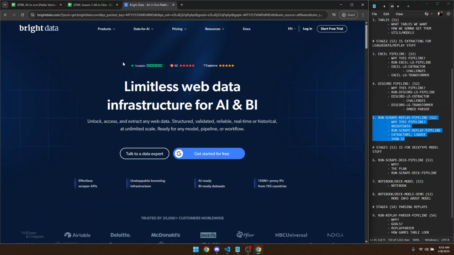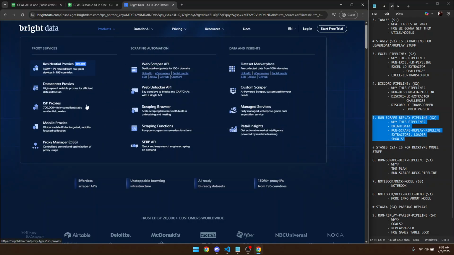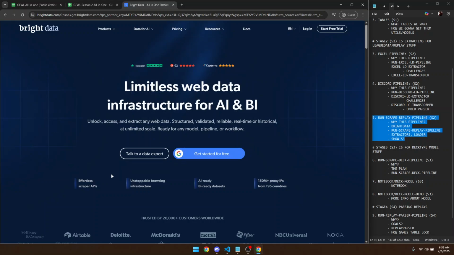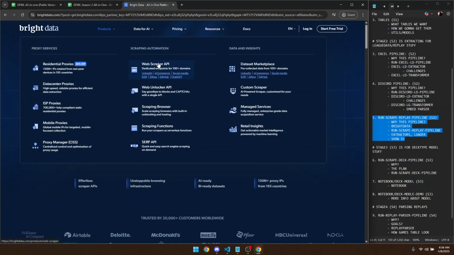So Bright Data actually offers a lot of services here, right? It offers proxies, it has really good proxies here. It also offers scraping, so you could do scraping without code, or you could go through their WebSocket endpoint. You could use their browser. You could use all kinds of things, right? They have all kinds of products when it comes to scraping and proxies and whatever. All right, cool. So the one that we actually end up using, I think it's